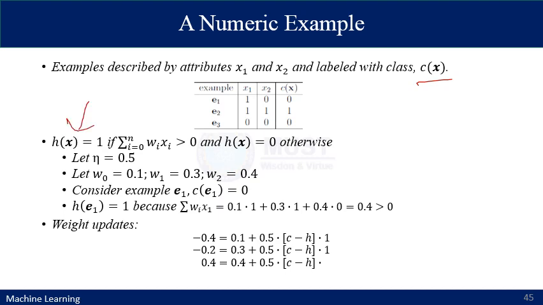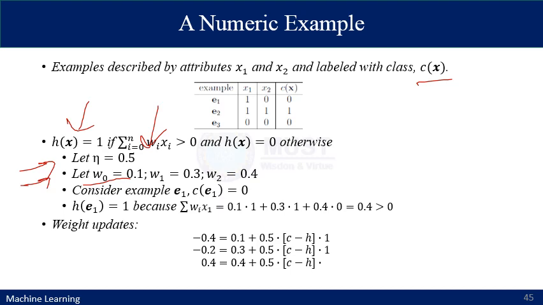So prediction is 1 if the summation of our linear model is greater than 0, and prediction is 0 otherwise. Let's take a very high learning rate because we have very few examples. So the learning rate is equal to 0.5, and as we specified in the previous slide, we take the weights randomly between -0.1 and 0.1. The weights are 0.1, 0.3, and 0.4. As you can see, we have used two weights for two input feature vectors, which are W1 and W2, and the weight